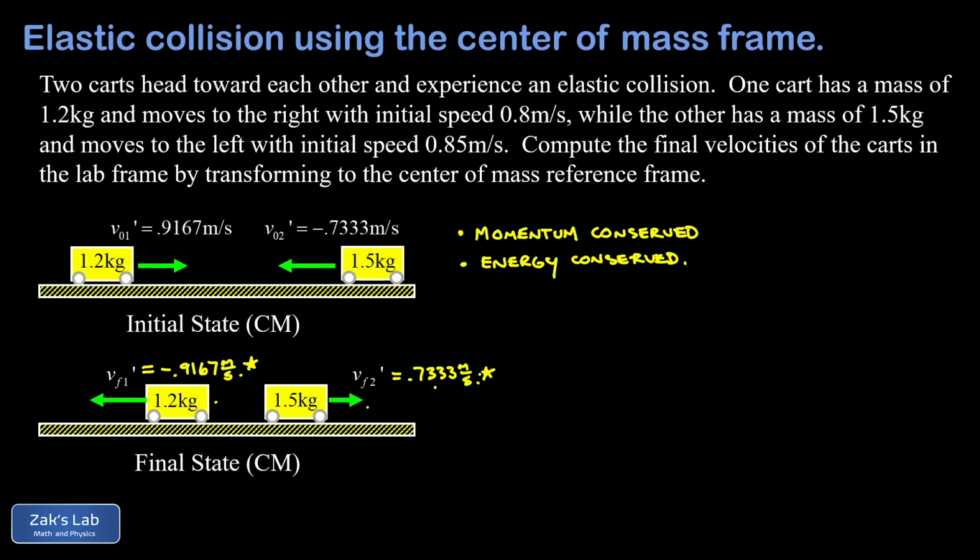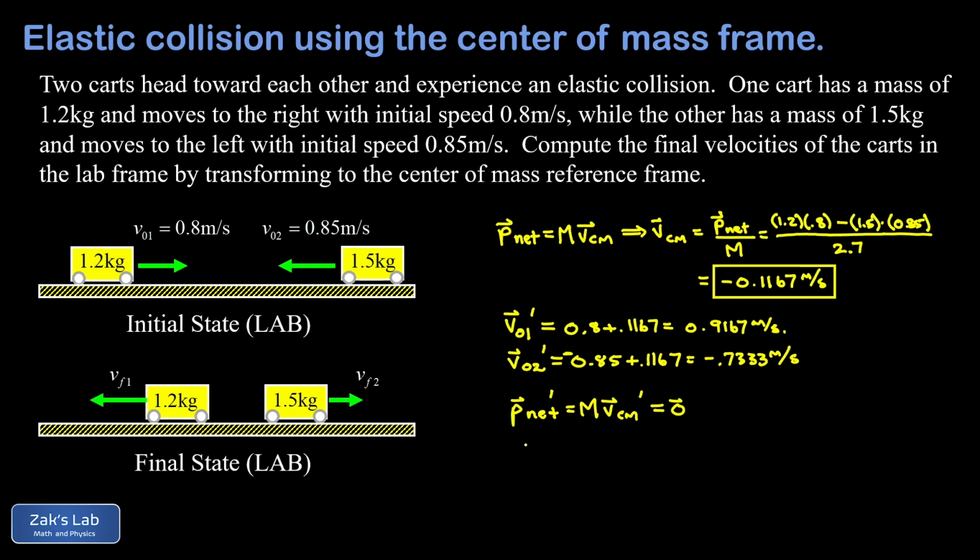So we're going to make sure that the increase in magnitude for the first one and decrease in magnitude for the second one work out when we do this frame transformation. So back to the lab frame here, I want to find V final for the first car, and that's going to be its velocity in the center of mass frame, which was negative